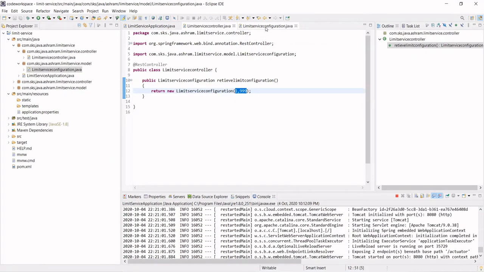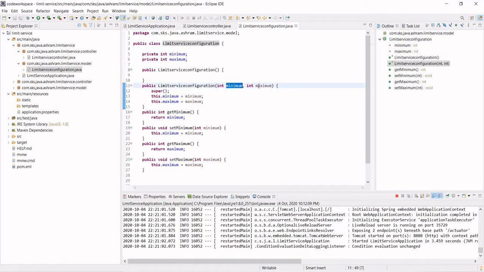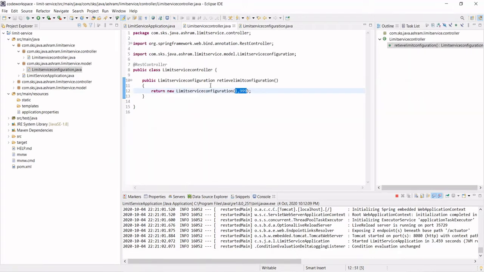If you go there, this will come here. Okay, minimum and maximum, and this attribute will capture the minimum and the maximum limit of these services. Okay, so this will return only the minimum and the maximum. Got it?